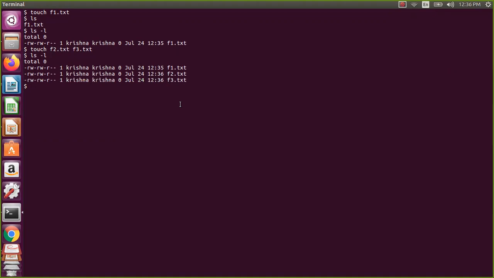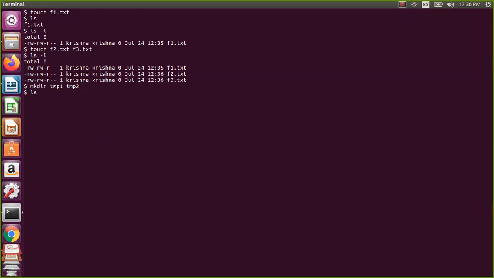Now what do I need to do? I need to create 2 directories. So I can do mkdir temp1 and mkdir temp2 in separate commands, but you can also do it in one command. In Linux, for most of the commands, you can do multiple things in the same command actually. So let us do it like this: make directory temp1 and temp2. To create a directory, we know that is the mkdir command.